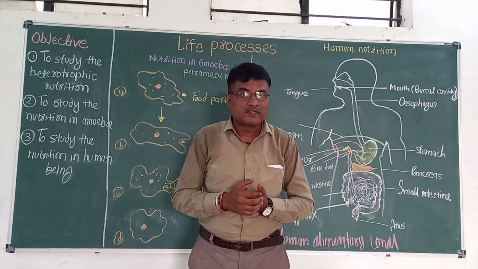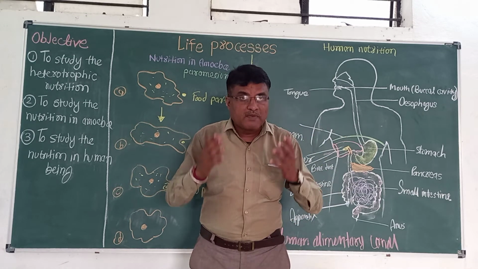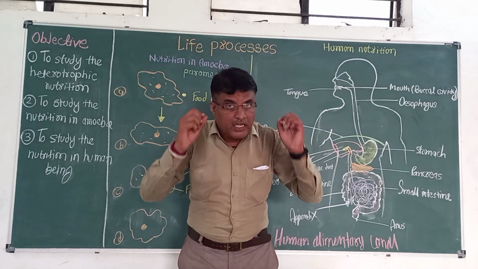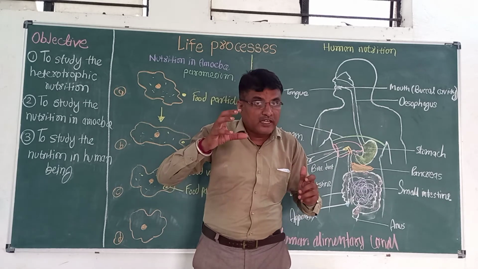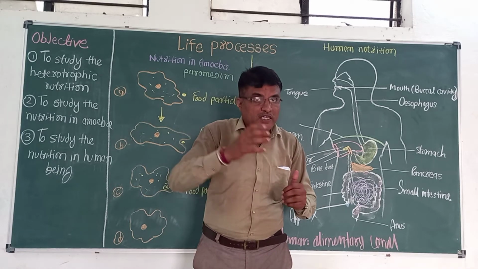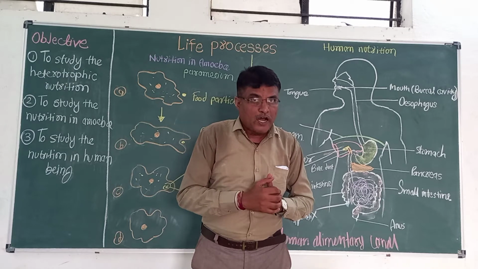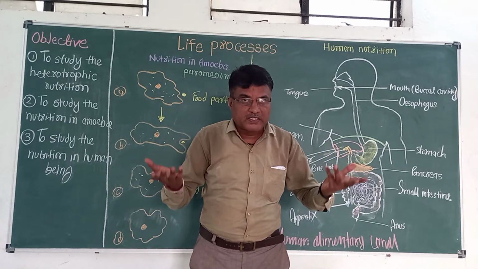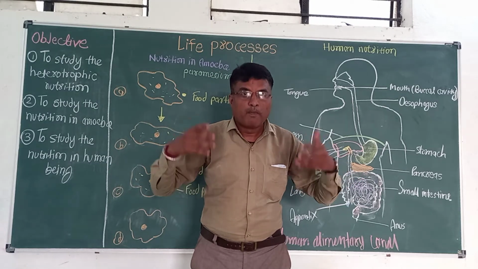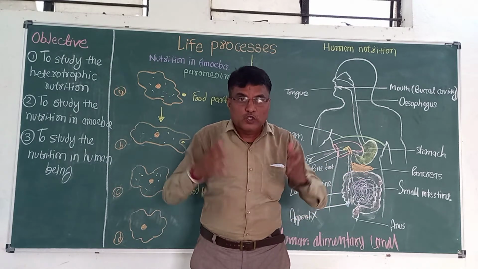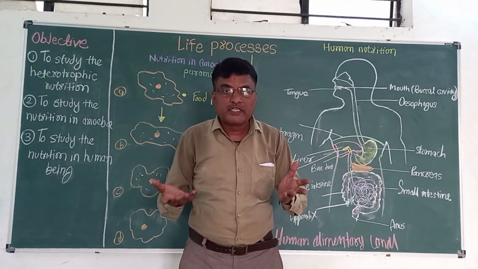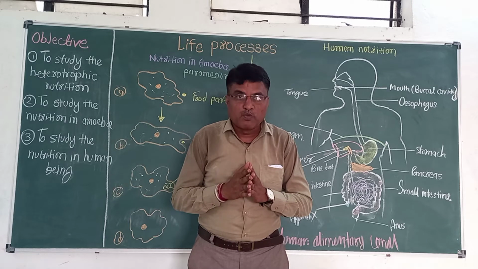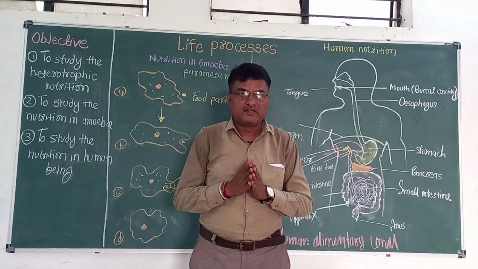Parasitic nutrition means those animals which live in the body of a host but do not kill the host, just take the food of the host or just suck the blood of the host, just like roundworm, ticks, lice, cuscuta, amarbel, this plant. All these are examples of the parasitic mode of nutrition.